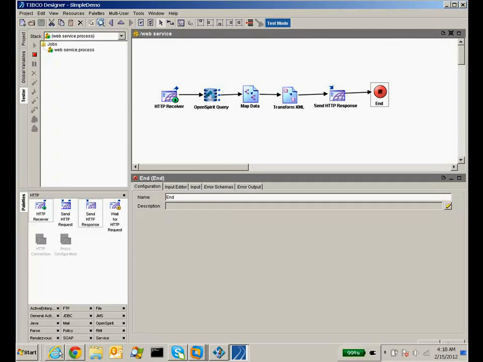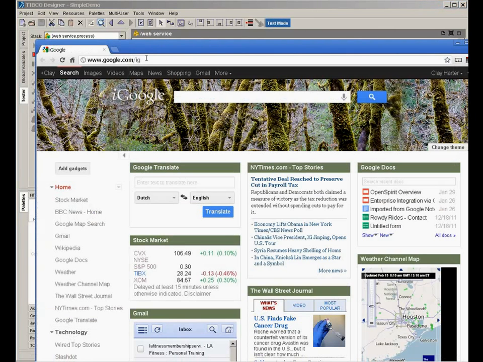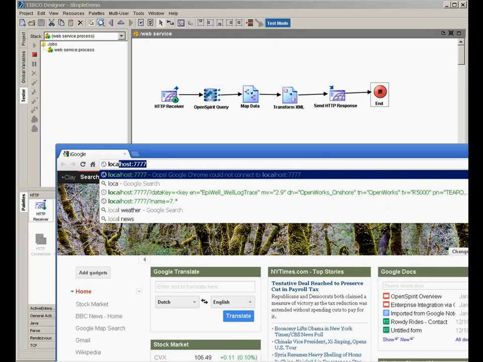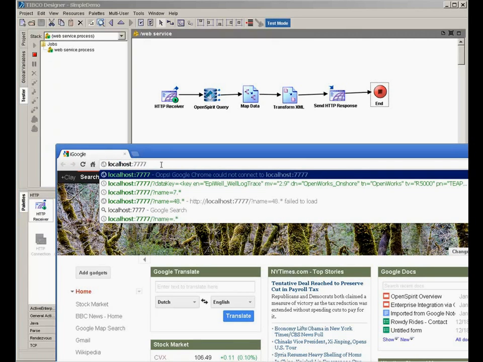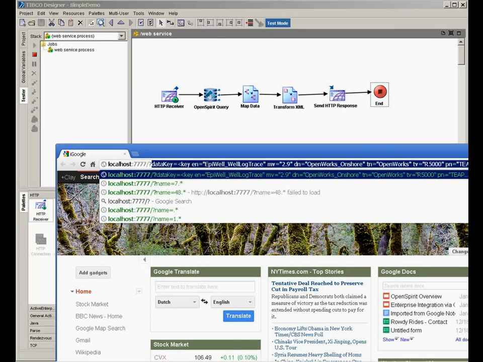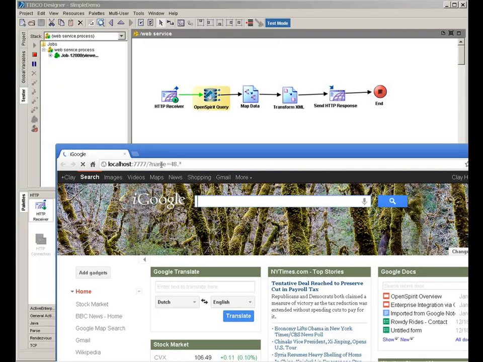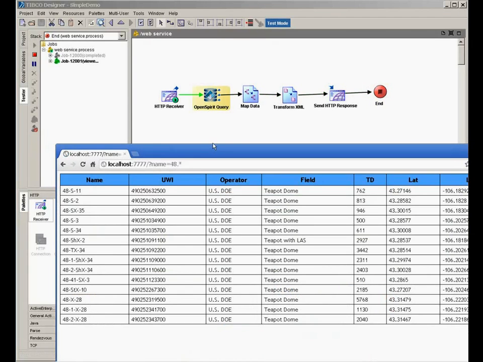And so let's bring up a web browser to actually interrogate that. So let's go ahead and, let's see, localhost was the name of my host, 777 was the port, and I need to give it a parameter which was called name, and I can look, for example, for all wells that start with 48. And again, I chose to use the regular expression, so .* means any number of any character. So it's going to look for all wells that begin with the characters 48. I go ahead and hit return. It goes off. The first time it hits the query, it takes a little while because it has to start up, and there it came back with